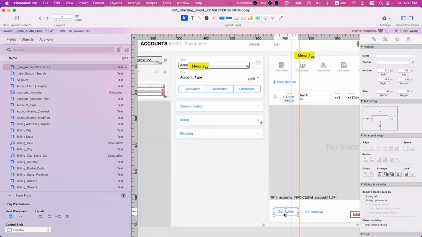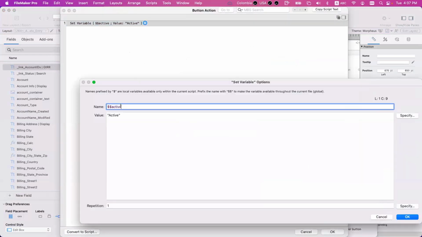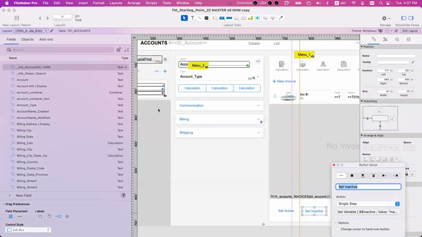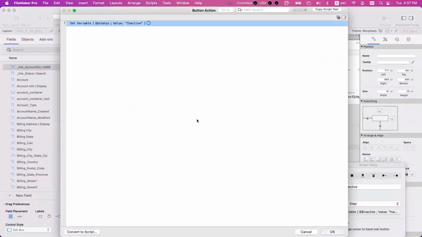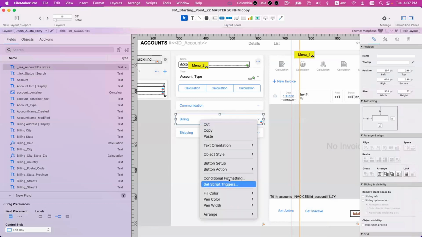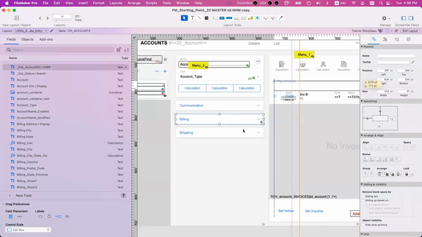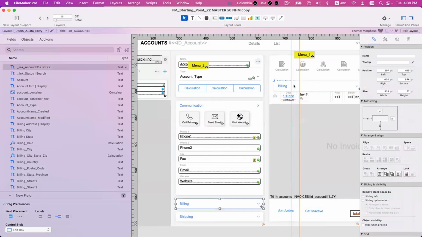Yeah, I need this one, but the variable is not active, it's status. So let me change this. So I changed this conditional, right? So now I want to transfer this to all of them. Duplicate this object, going there, select those two,